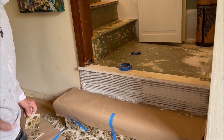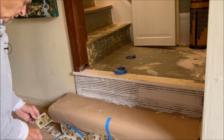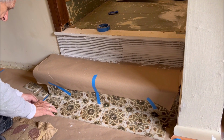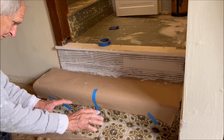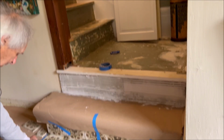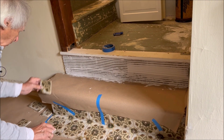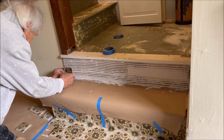Okay, so now we have the adhesive on the second riser, and what we did down here, if you can see this, we carefully laid out sort of like a starburst, if you will. So we got our designs going in the right direction, and it can be a little confusing, but you always want to start with the bottom row, which is what I'm doing right now, and have a little bit of extra